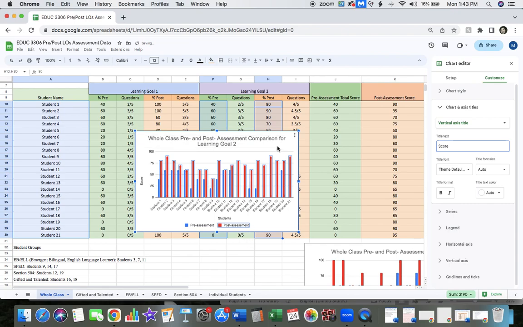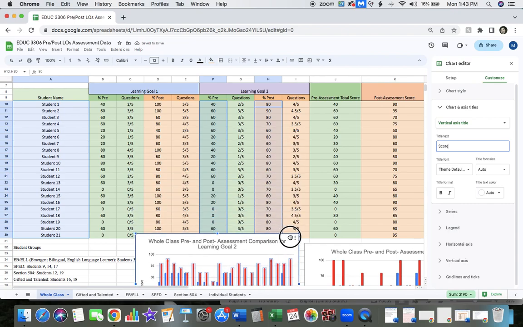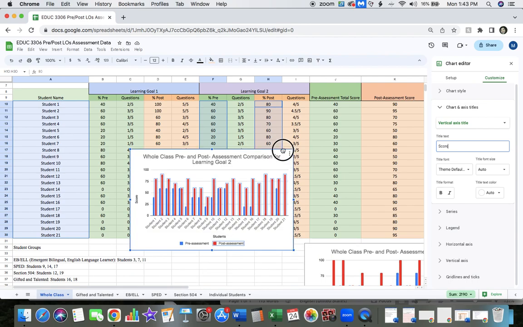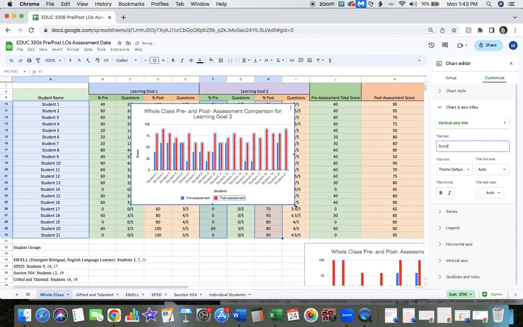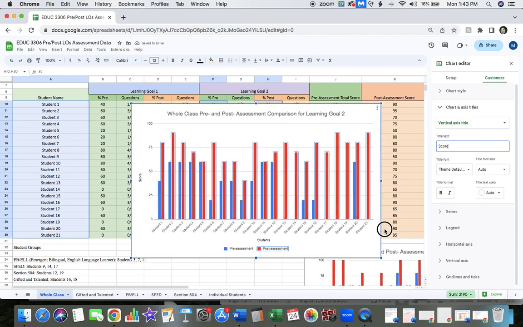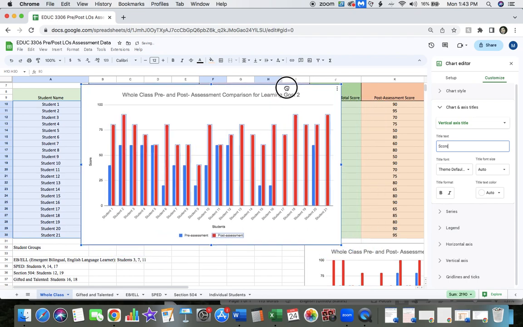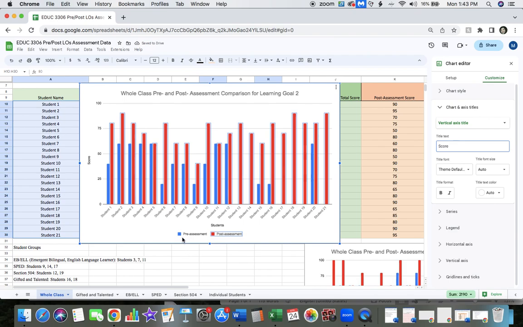And we can do this in this manner, right? So that's how simple it is to create these specific pre and post assessment charts. Now, of course, you are going to go ahead and analyze these, right? So if you'll notice, of course, our pre-assessment is represented by the blue bars, while our post-assessment is represented by the red bars, right? So generally speaking, just by looking at this, we could see that there is an overall growth from pre-assessment to post-assessment, right? And of course, we see some students that had much higher gains compared to other students,